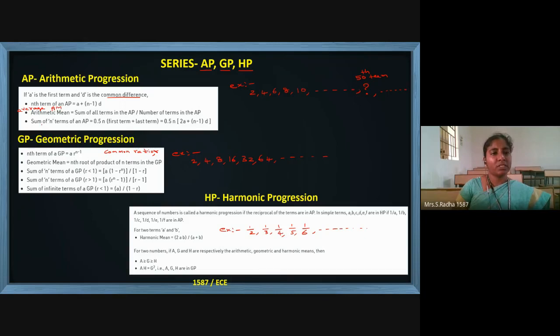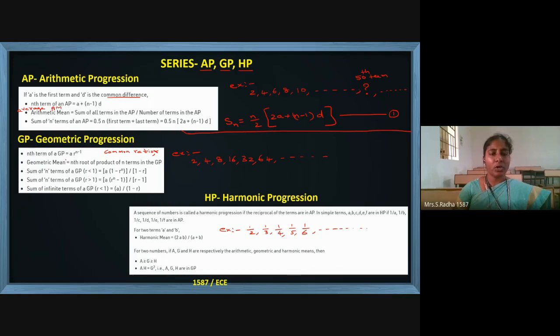Now coming to sum of n terms in arithmetic progression. It is n by 2 into 2a plus n minus 1 into d. This is the formula for sum of n terms. Not a particular nth term, but making the sum from the first term to the nth term. On the LHS I have written Sn, which means sum. Finding the sum of 10 terms, 50 terms, 100 terms, we can do using this formula. Let this be equation number 1. This is all about AP, arithmetic progression.